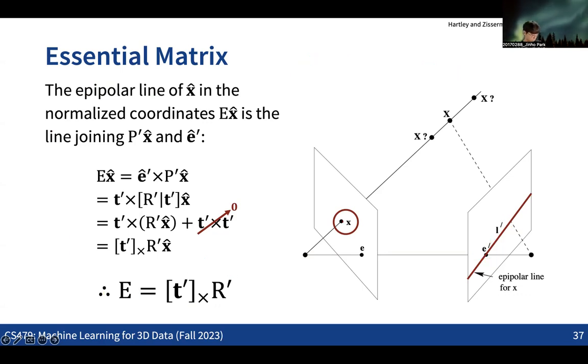So let's stop here. What we are going to discuss next time is how we can compute the fundamental matrix and the essential matrix from a given set of pixel correspondences, and based on that, how we can derive the relative camera pose. This will be the building block of the structure from motion pipeline: from the correspondences, we get the relative camera pose, we run the triangulation, and we do some kind of joint optimization. In this way we can do 3D reconstruction from multi-view images, without a neural net. Any questions on this?